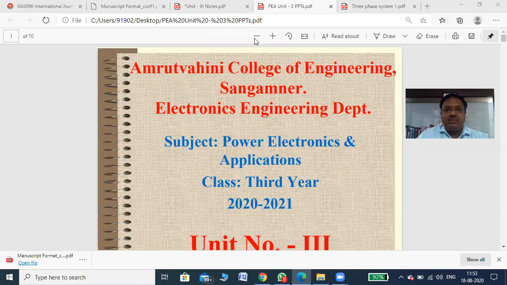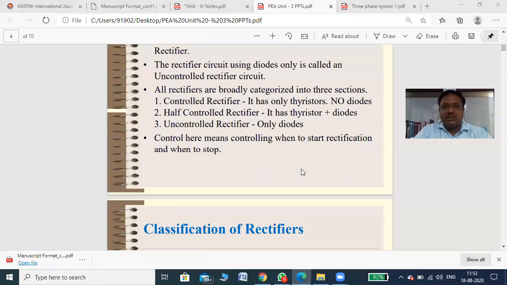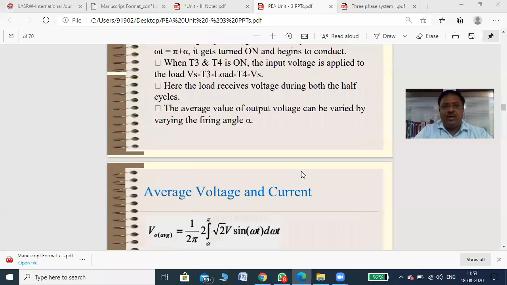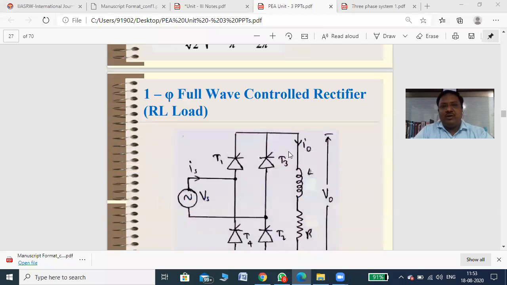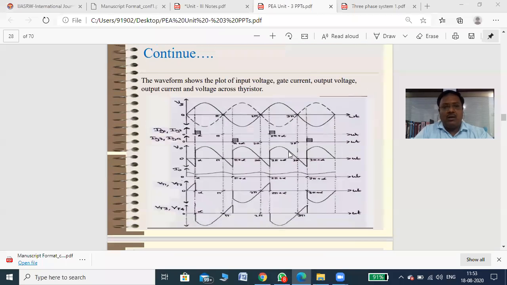In the last lecture, we have seen the single phase semi converter. Is there any doubt in a single phase semi converter? You can ask me. You have the time, maybe till the students join the meeting, we can discuss on that. Everyone, unmute yourself whenever required, and otherwise, all are requested to mute yourself so that disturbances may be avoided.